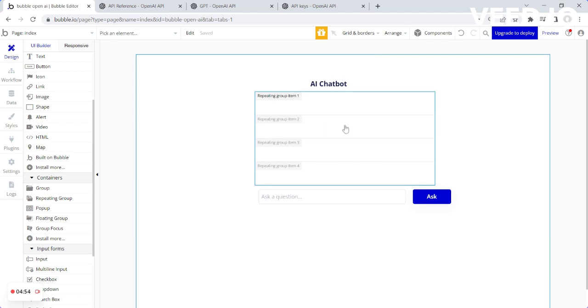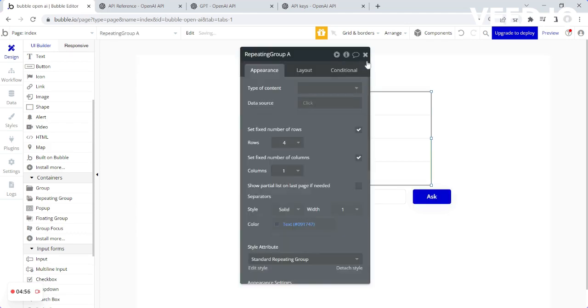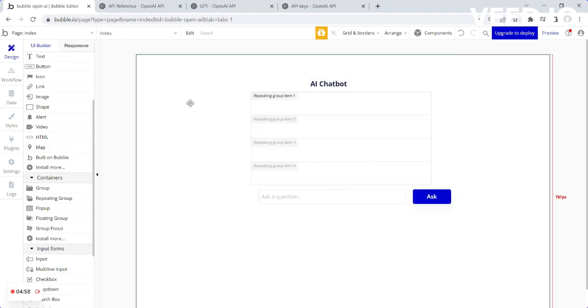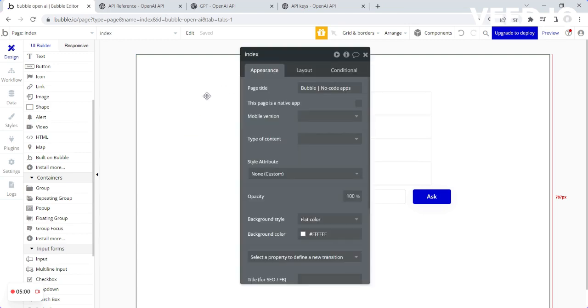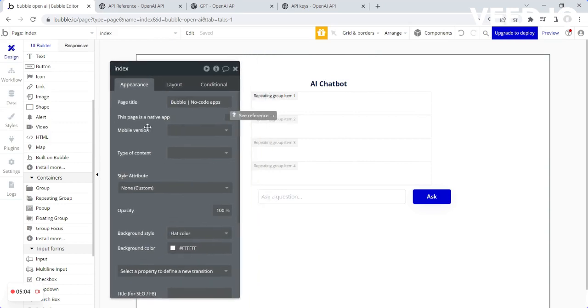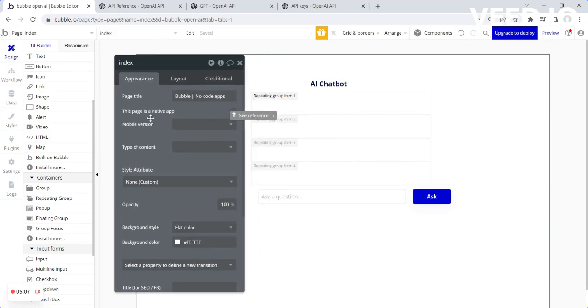We're going to just stick with our repeating group over here. And at the moment, if I click on the page, double click to bring up the page information. We're on the index page at the moment. And if I look at the layout settings,